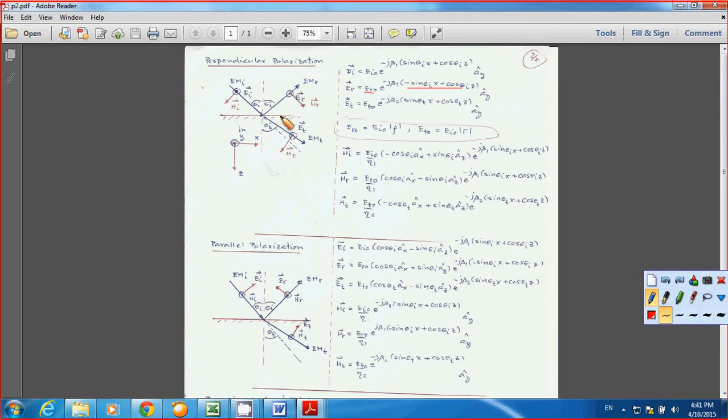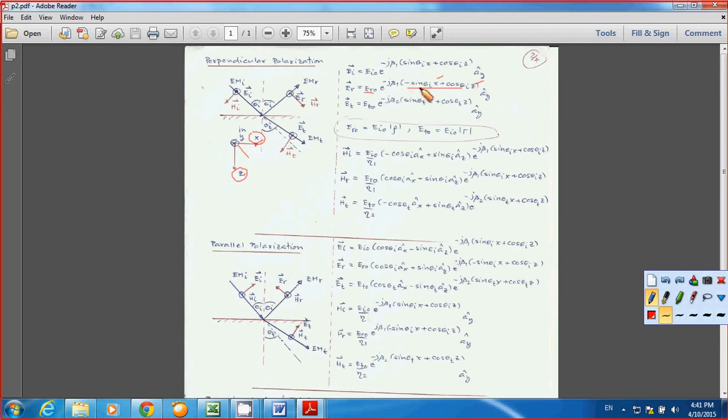Now you take a look at this. Because ER is parallel to the boundary, it still has the x and z components. Sorry, the direction of propagation still lies in the x, y, x, z plane. So that's why this still has x and z. But you take a look at the